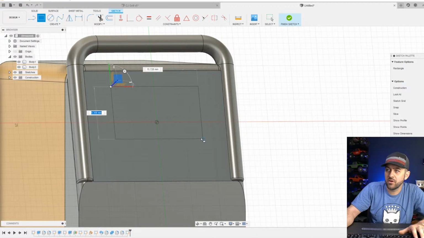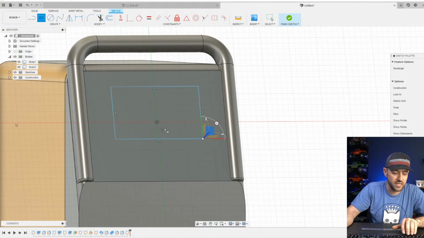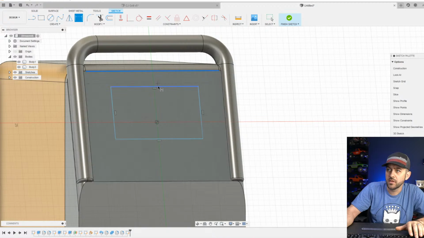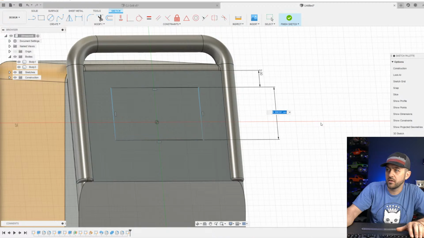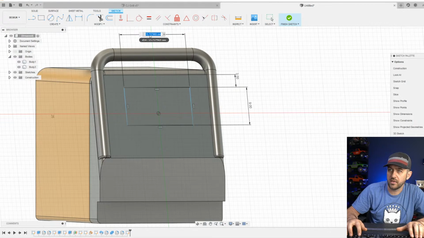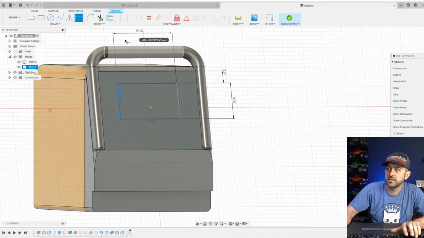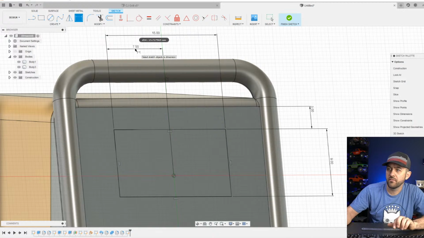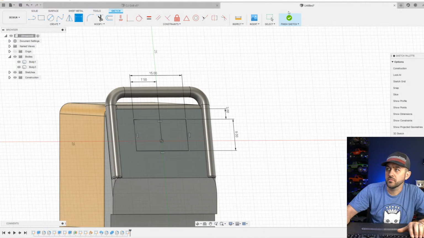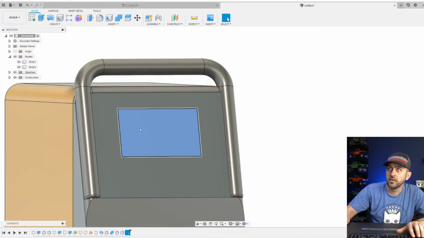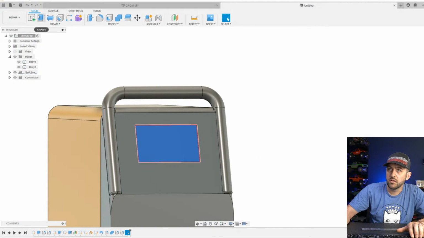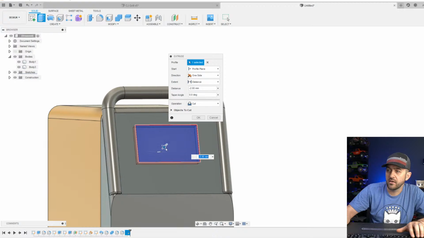So let's throw a rectangular-esque screen. Put that 3 millimeters off the top, 9 millimeters, and we'll call it 15 wide. Then we'll just do a hard center calc of 7.5 to center it. Let's see. Let's extrude that in, or cut that in